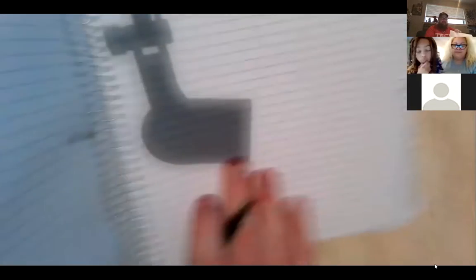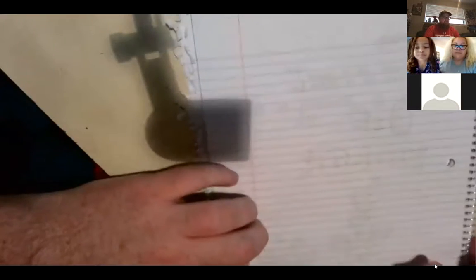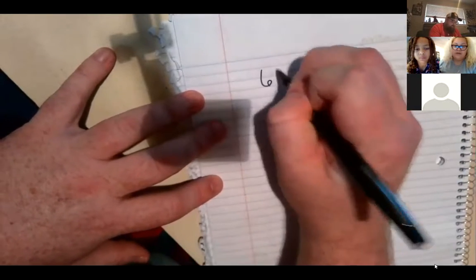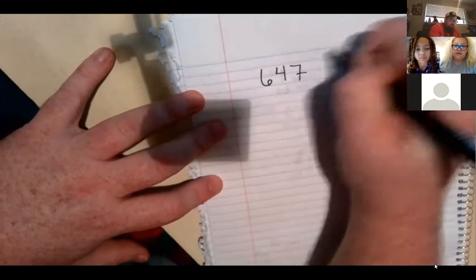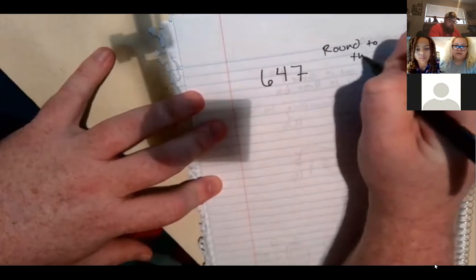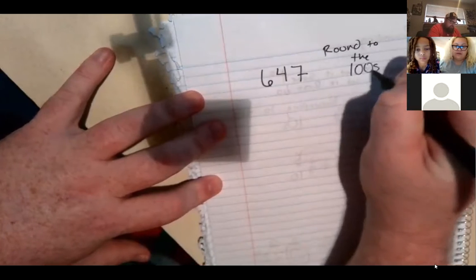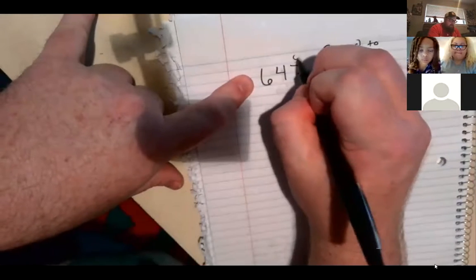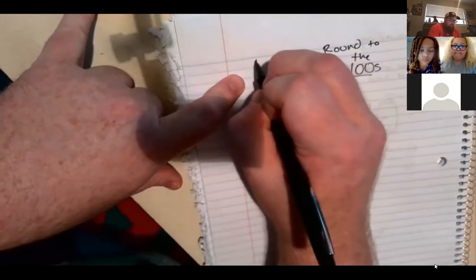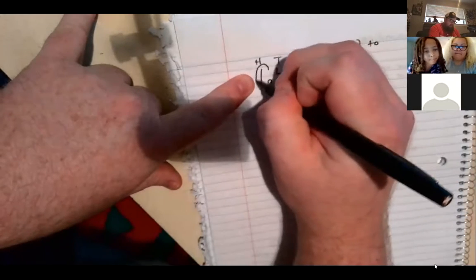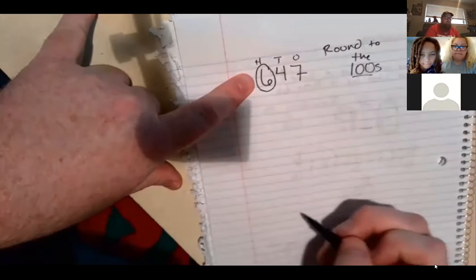And then lastly, we talked about, well, what would it look like if we were rounding to the hundreds place? And it's pretty much the exact same thing. If we had 647 and we wanted to round to the hundreds, well, we're going to label our number, ones, tens, hundreds. We're going to circle our hundreds place, and we're going to look